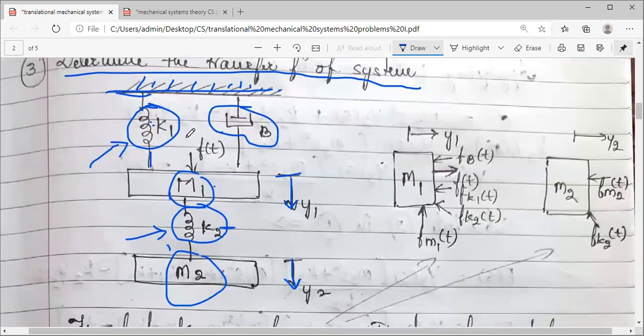Now, tell me, when I apply the force in this direction, what do you finally observe? Here M1 is connected, there is a system where M1 is there, K2 is there, M2 is there. So M2 is your end point, the last element connected is M2. So if I apply a force in this direction, obviously as I have told you, the displacement will be in the same direction in which the force is applied. Now tell me what is the final value, what do you finally expect when I apply a force in this direction, what is your final expectation from this system.